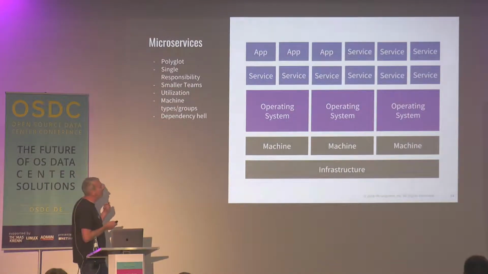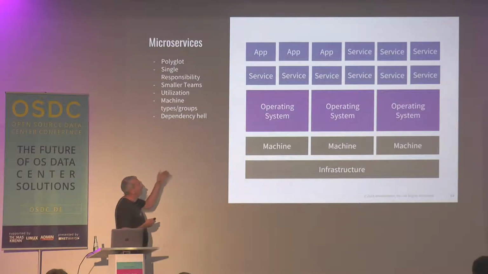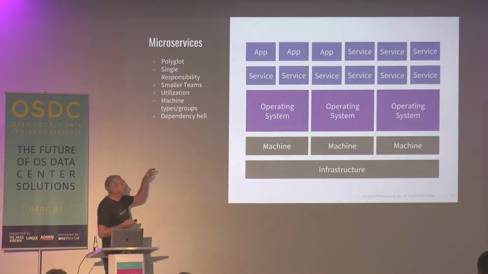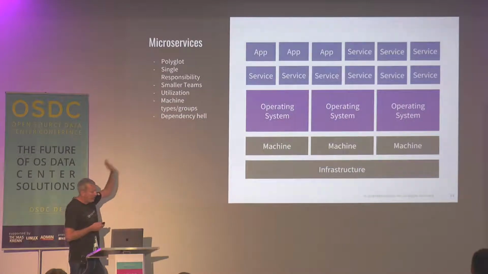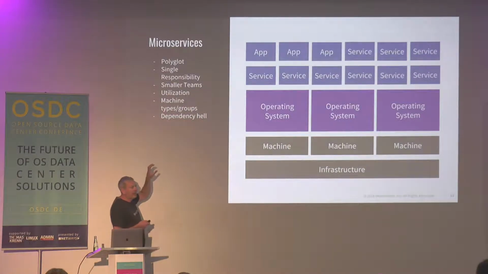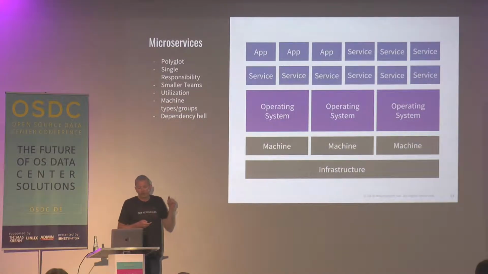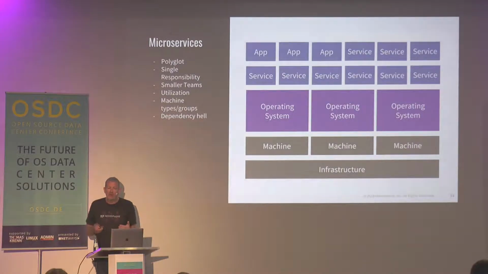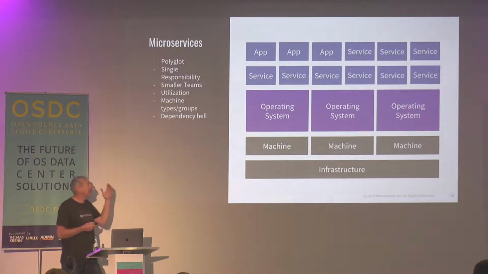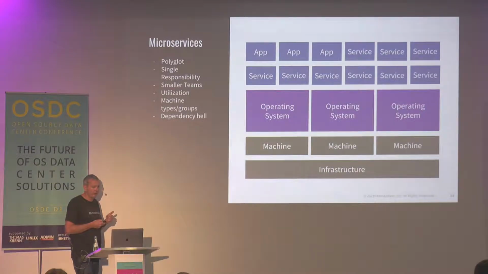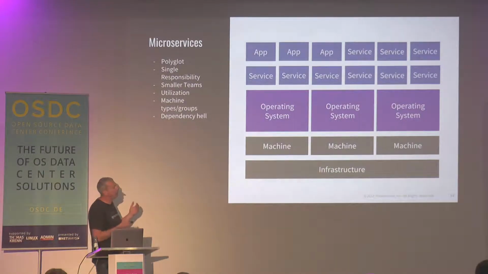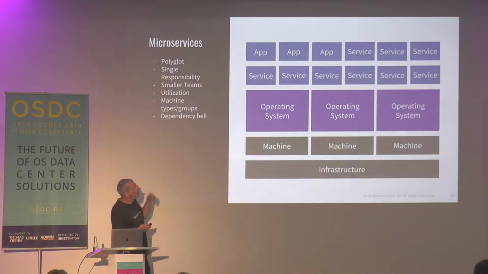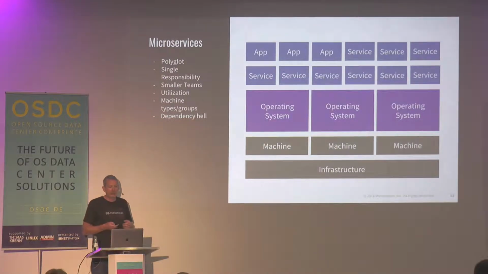Because now when we look at our application stack, we have our virtual machines, we have our operating system running on the virtual machines, and then we have many more applications running inside those operating systems. If we start to make any changes to that operating system, those applications are all relying on the same libraries. And that's potentially going to cause problems when we make changes to one or many of those applications running on our machines. So it's very difficult to manage, and we've got a lot of problems with dependencies.